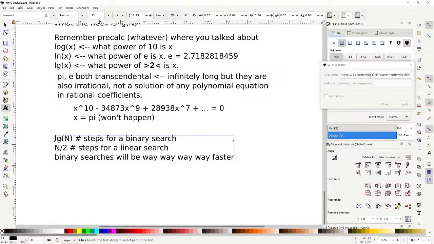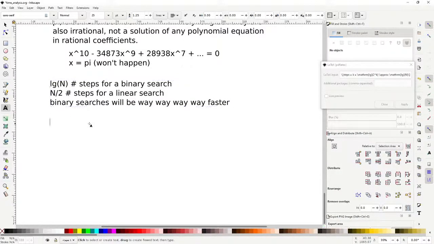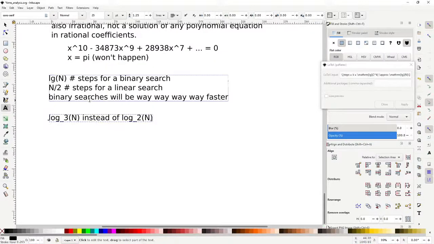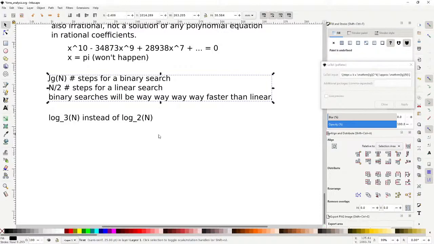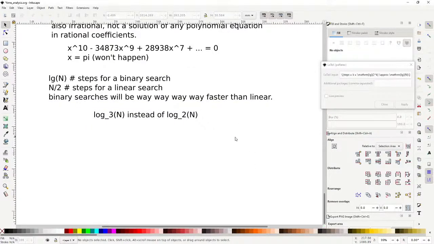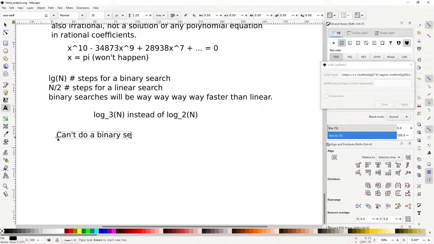Okay? A triple search or a trio search where you split the... Yeah, you could do that, but then you don't get an lg, you get a log base 3 instead of log base 2. And that's not to say, so there are conditions in which a binary search, well, you just can't do a binary search on an unsorted list, right? Because the only assumption that we made when we decided should we go under or over,